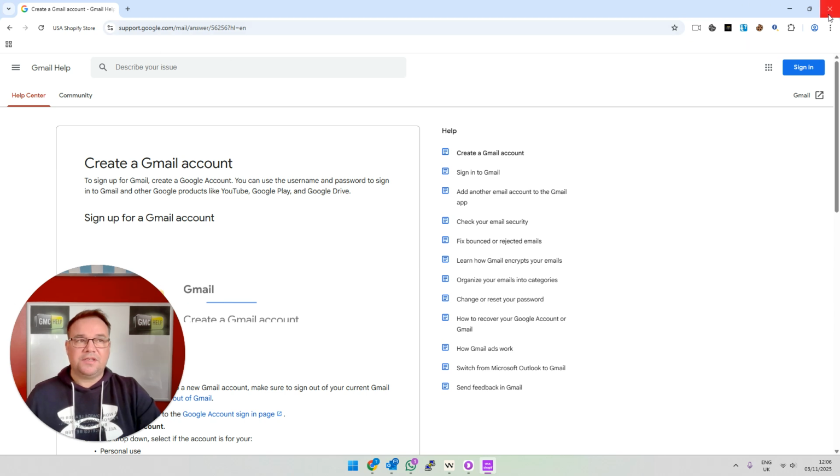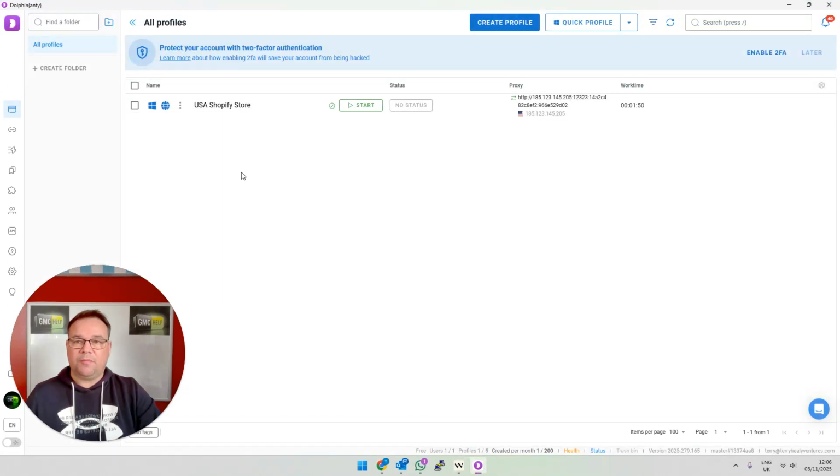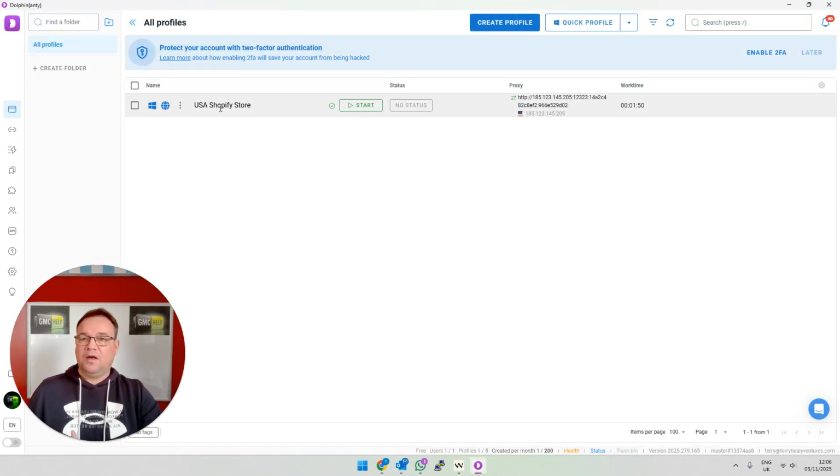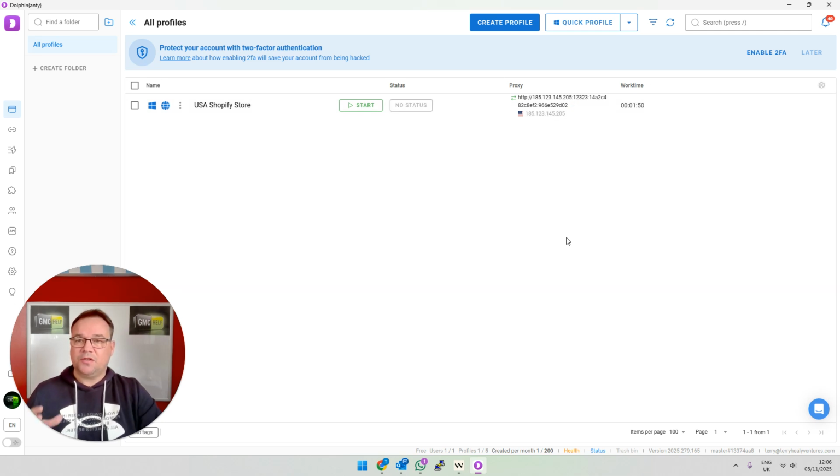So yeah, this is how I set up my multi-store environment. So I've typically got maybe 10 different profiles, and I've got stores in Netherlands, stores in the UK, stores in Sweden, and again, generally I pick the proxy IP address for the main market, the first market, generally the country that I'm setting as a default country in the Google Merchant Center. So this is the proxy IP and the Dolphin Anty setup that I will refer to in my video